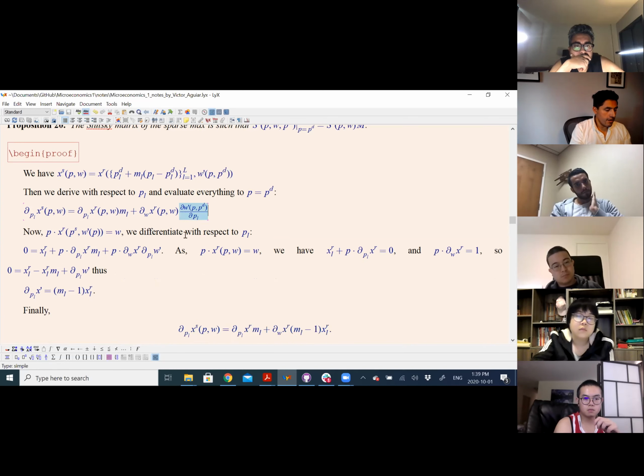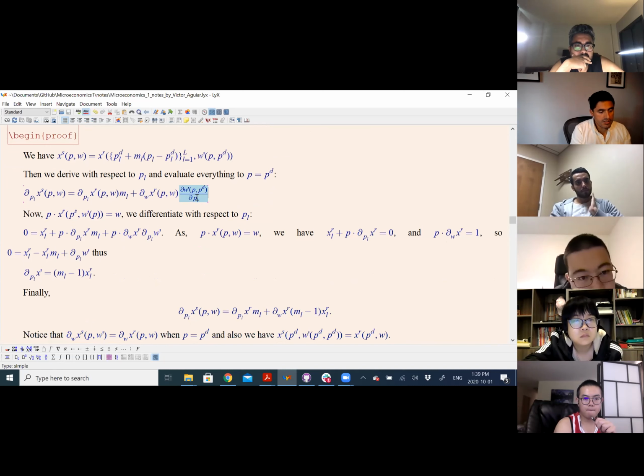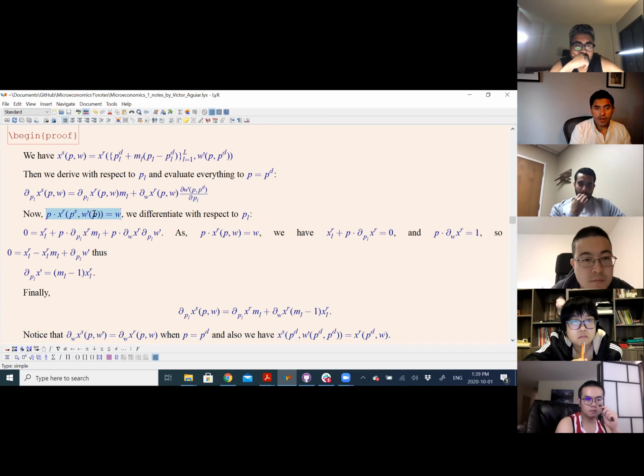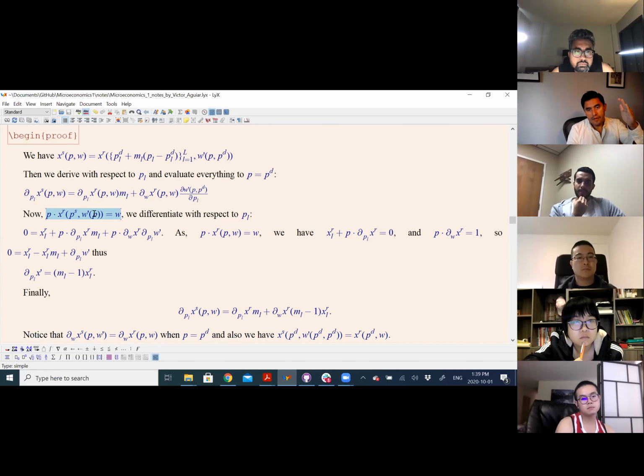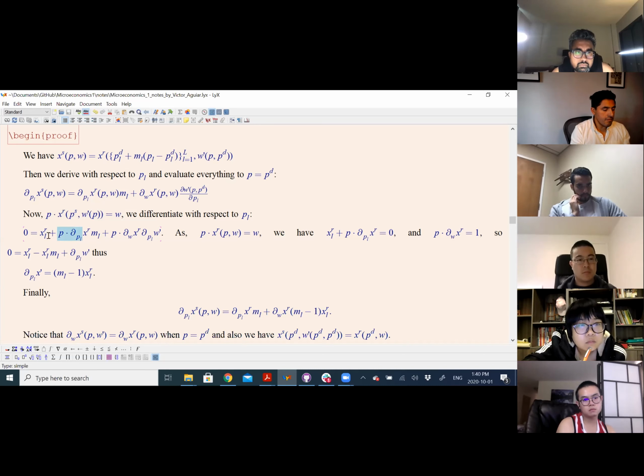Good. Now I want to pin down this derivative just from the Walras law, right? So once again I write this thing that I wrote before, and this is the Walras law. For the wrong prices and the corrected income, this has to hit the actual income, right? And now what I do is I differentiate this equation with respect to PL. If I do that, just using the product rule, I'm going to get here the entry XLR, and here is going to be P multiplied by this X.